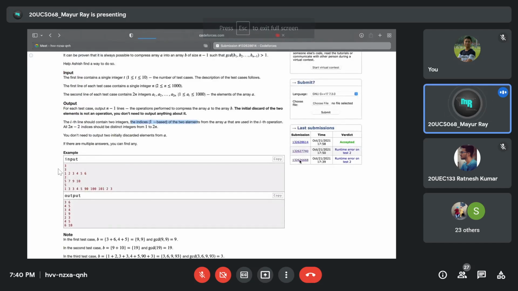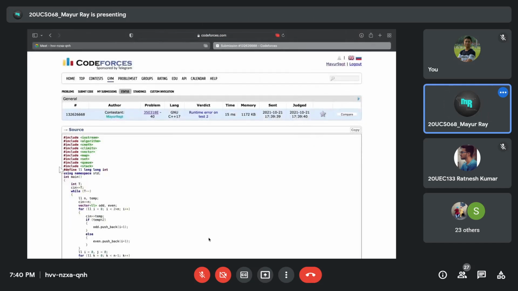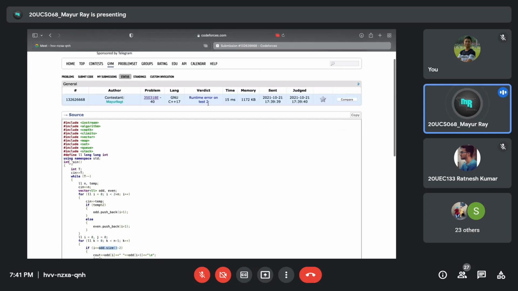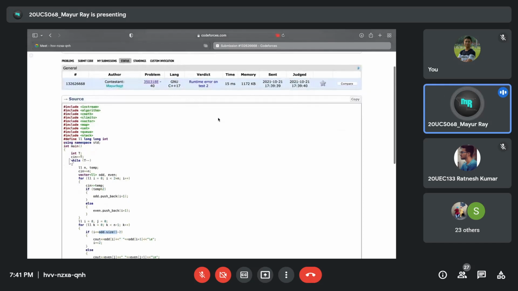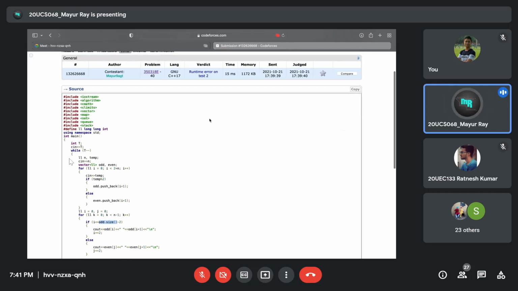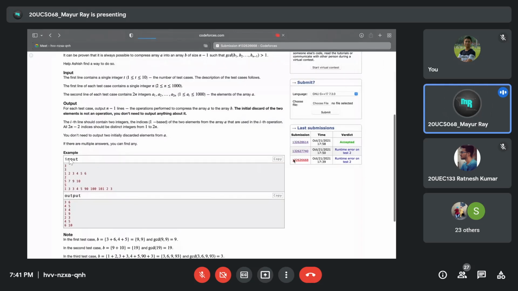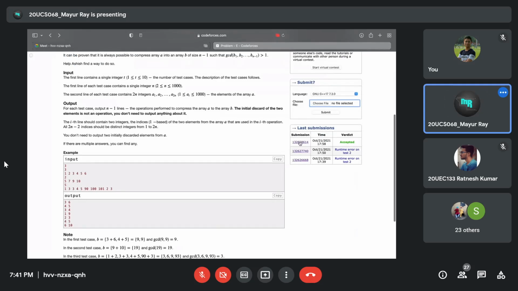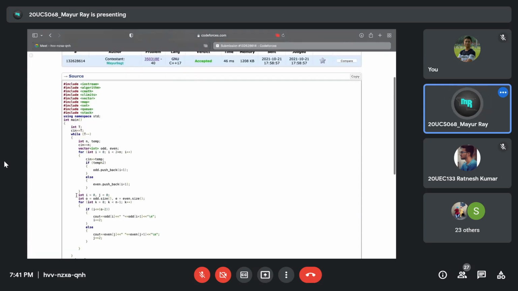Because while I was doing that, see here, I have done the same thing earlier. Here I have taken odd dot size minus 2, but at that time I was getting a runtime error, because probably the size function of vector returns some type which may cause a problem. So I was getting the runtime error, and so I have changed it to int here, and the problem got fixed. It got accepted. I hope you understood that.